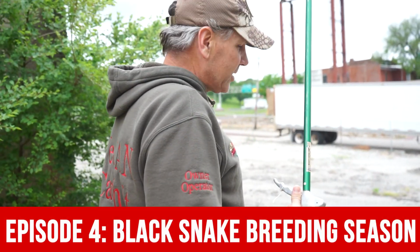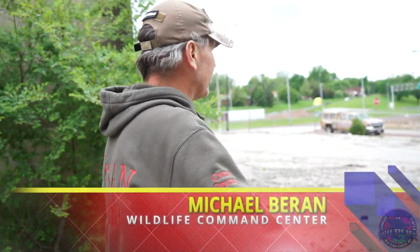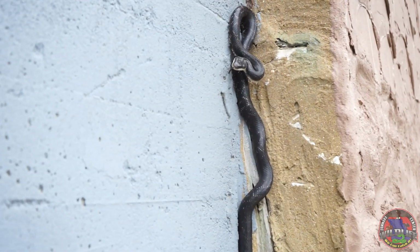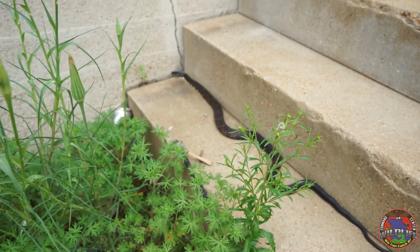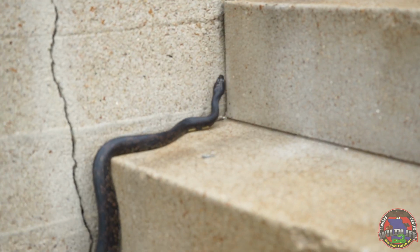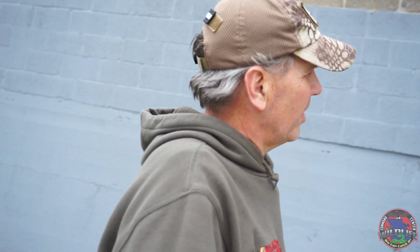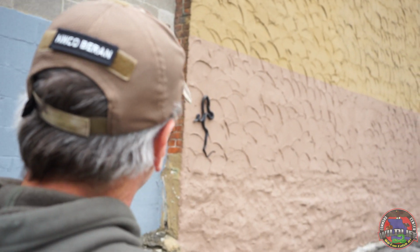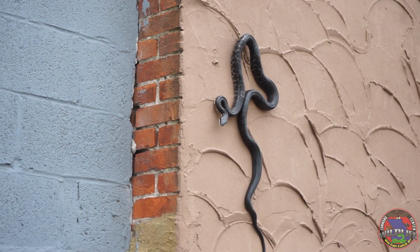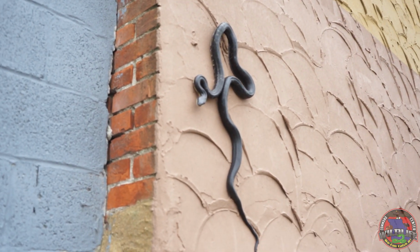So anyway, Wildlife Command Center is responding to a property that's being sold, and they've got snakes. This is black snake breeding season, so we're just going to go around and look and find all the black snakes that we possibly can. There's always plenty of them around, especially with the sun coming. It's afternoon, and this wall right here is getting some sun. It looks like somebody was trying to make a run for it or climbing the wall to get some sun. I'm not sure which way, but anyway,